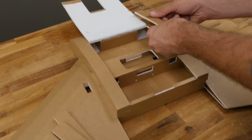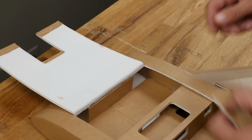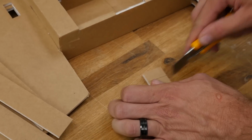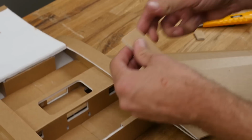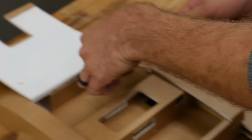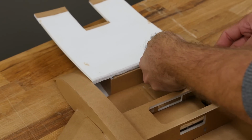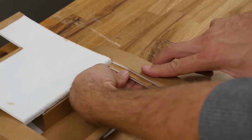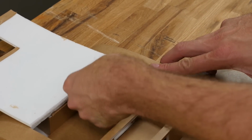Now on this front one, we want this to actually go a little bit further, so go ahead and just remove about a ½ inch. You can give this a little bit of a curl if you want in the front. Quick little test fit. We're going to let this push right up against the sides and leave about a ¼ inch out right here. Once you're happy with that fit,